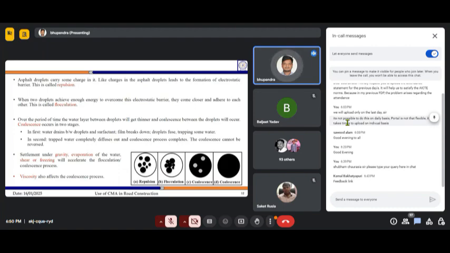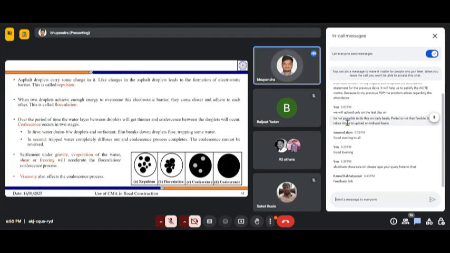Curing means how the breakdown of that emulsion happens, how bitumen gets free, and then how the bitumen coats the aggregates, and finally the aggregates bond together and the mix is produced. That whole process is called the curing process, and the water evaporates. Whatever water is present in the emulsion evaporates.